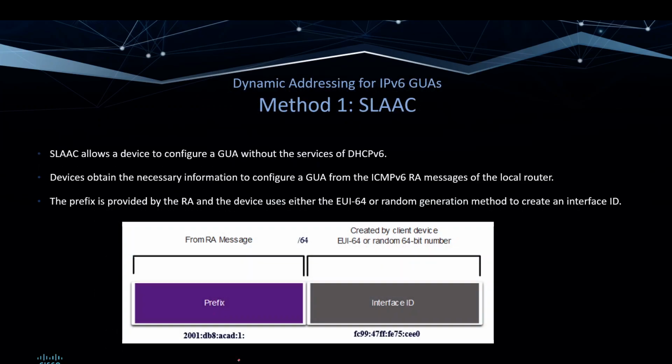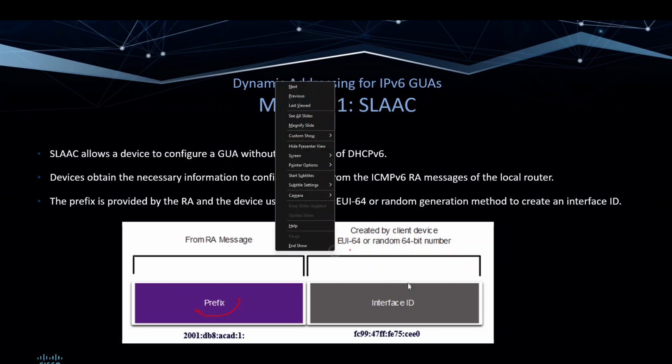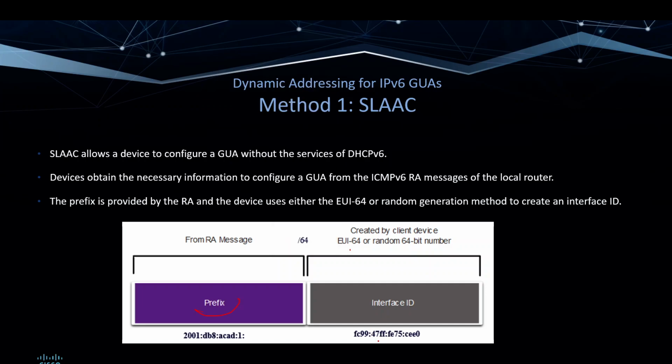So yeah, this is method one. It gets the prefix, and then the last 64 bits, as I showed you on the Wireshark packet that we sniffed. Extended unique identifier means that the host takes its MAC address and inserts FFFE right in the middle, between the organizational unique identifier and the vendor-assigned part. In between the first 24 bits of the MAC and the last 24 bits of the MAC address. That's called extended unique identifier,